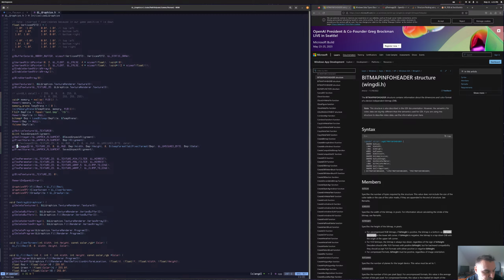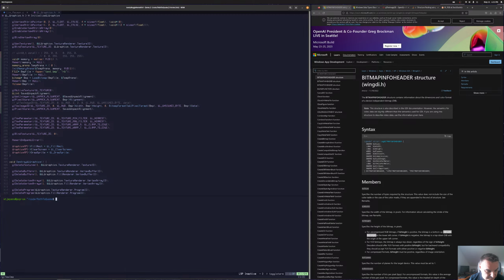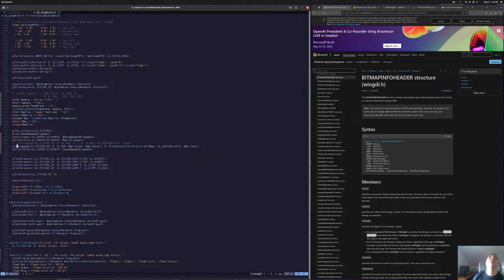What was I doing? I wanted to compile this. So dot scripts build debug pacman. It worked. One other problem is that we don't have any kind of bitmap, right? So let's make it. At first,